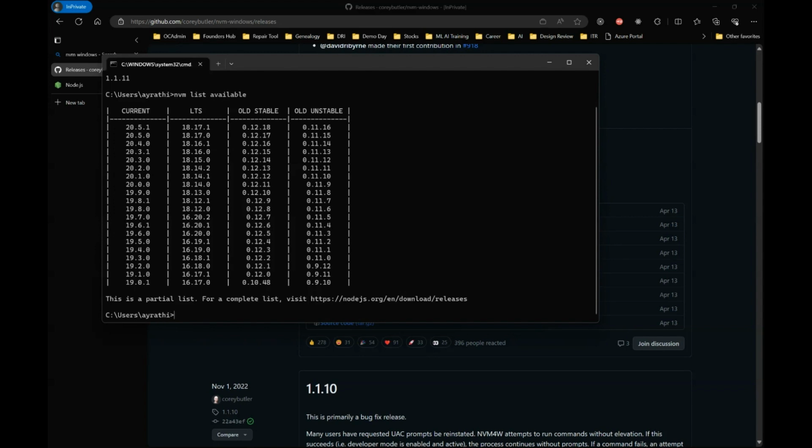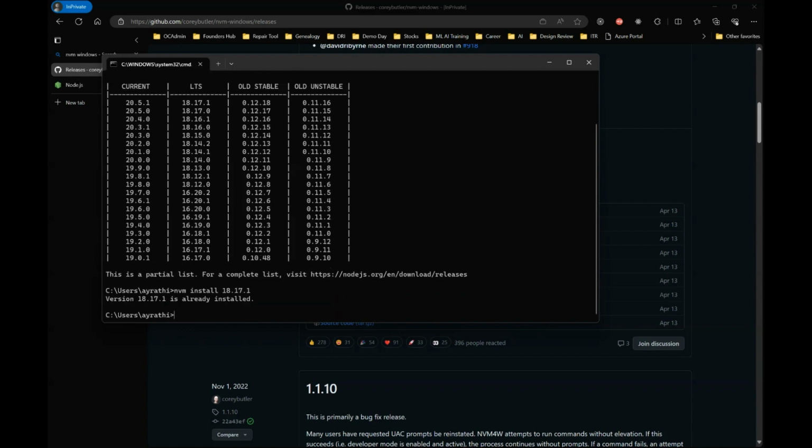To install this 18.17.1 version, I'll just write nvm install and give the version number. So 18.17.1. As I have already installed this version,